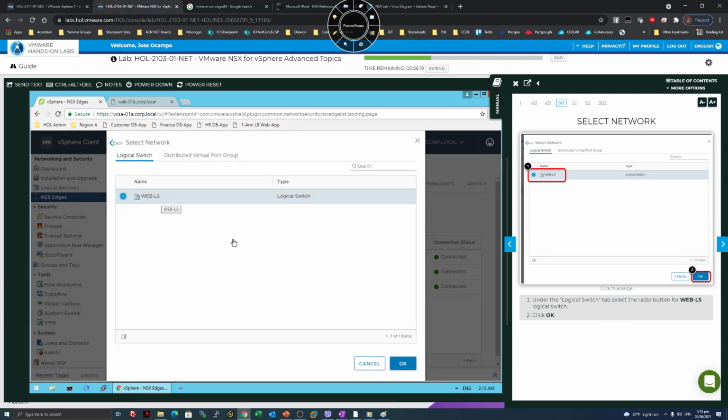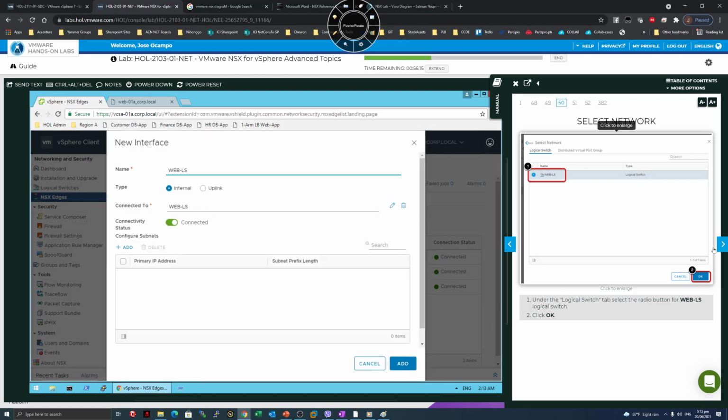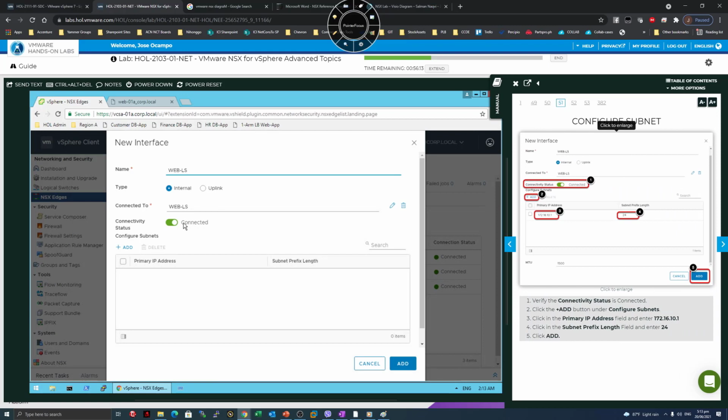Web logical switch, okay. All right. Should be connected. Add. Configure the subnet. So add a subnet. 172.16.10.1. Okay, so it's just like adding the IP address on the